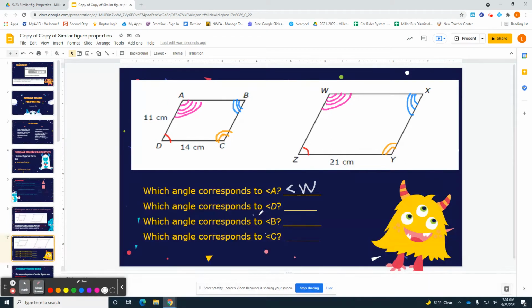Okay, then which angle corresponds to angle D? Okay, well we have D. Angle D corresponds to angle Z. So if you look here, this little mark here, I'm drawing it again. That means angle. Okay, that's oh,